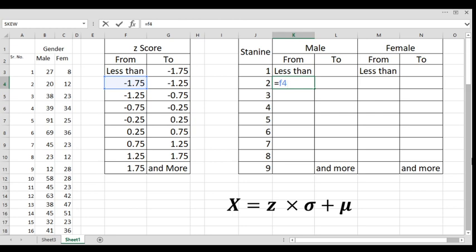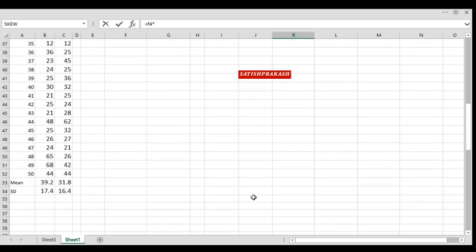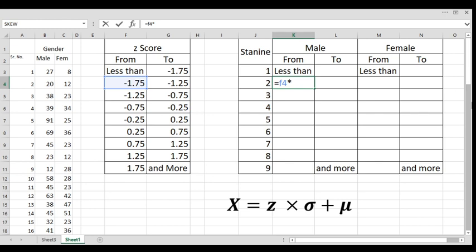The standard deviation of male is to be multiplied with this minus 1.75. So for multiplication we put the asterisk sign, and then we multiply it with the standard deviation of male, which is found in B54. So here we write B54,